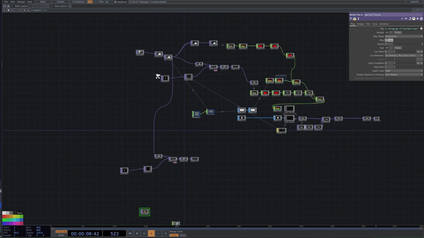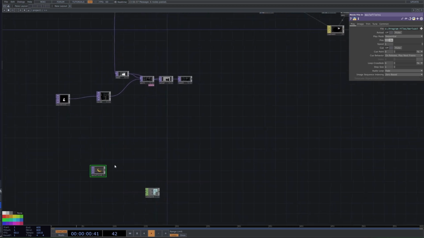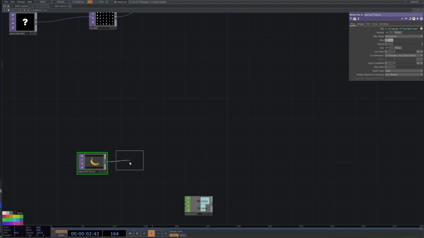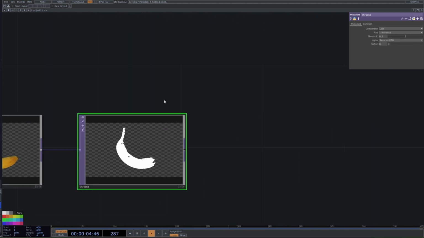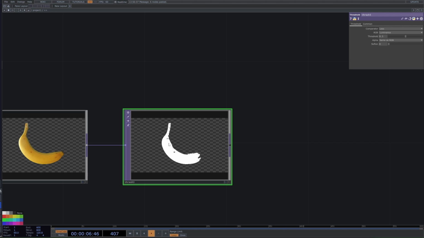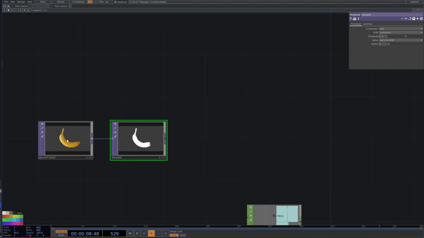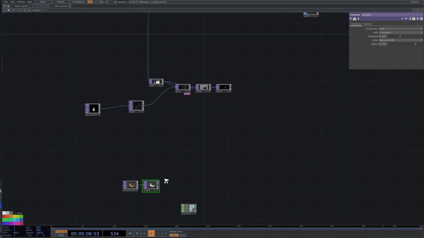And then we want to connect in a threshold. The reason why we're doing a threshold is just to make sure we don't get, this is mostly for very highly detailed images like a webcam, not a super necessary step for something like this banana, but regardless, I'm gonna set a very high threshold like so, capture a lot of